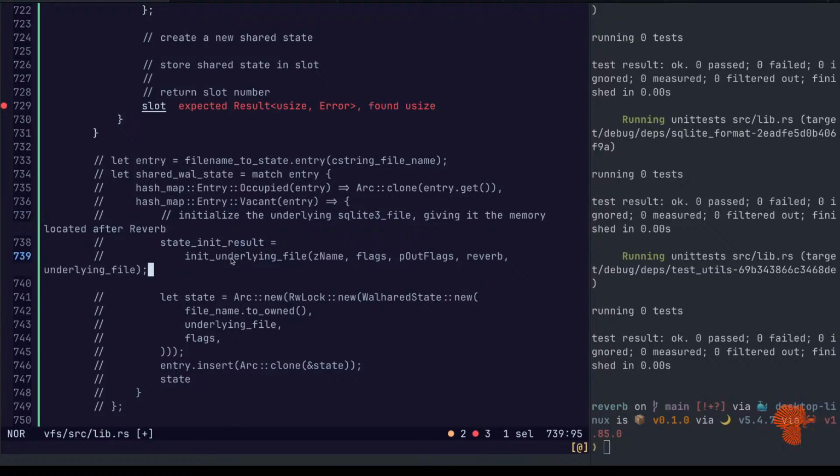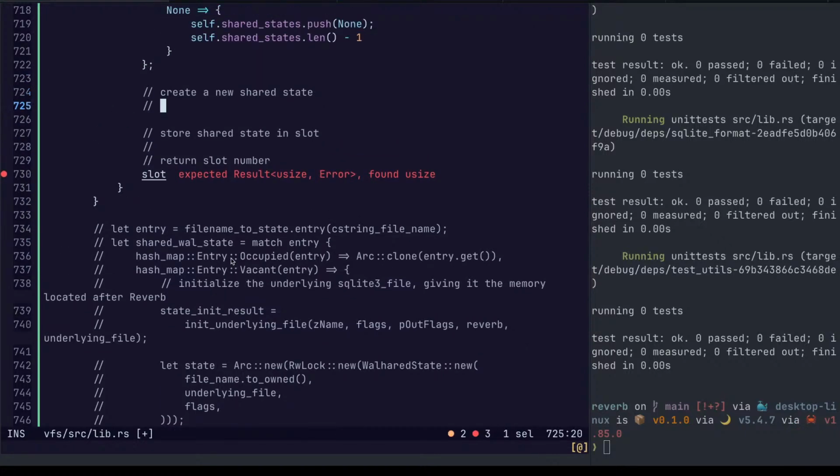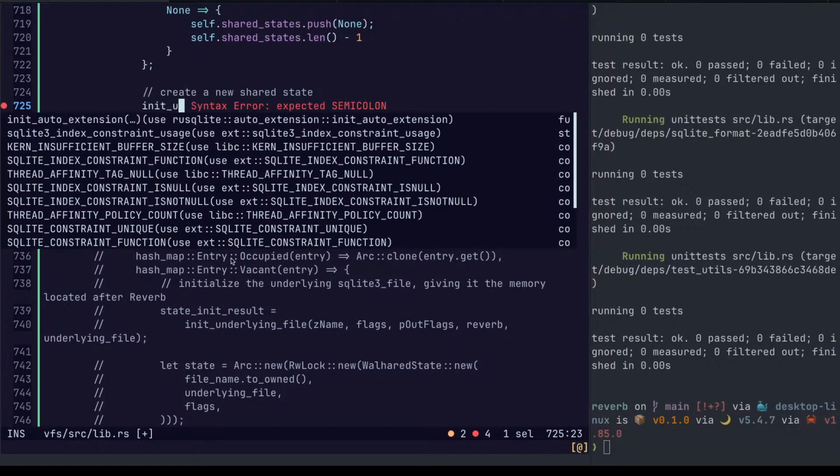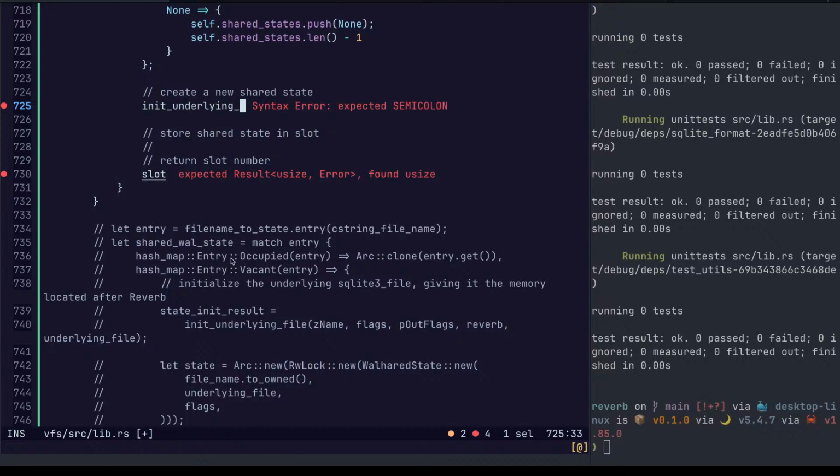Which is a bit of this here. In its underlying file.